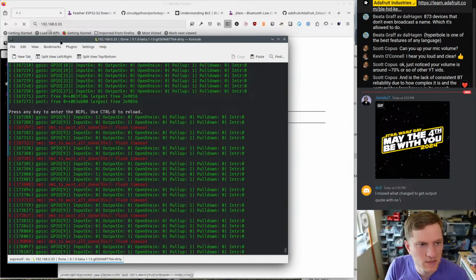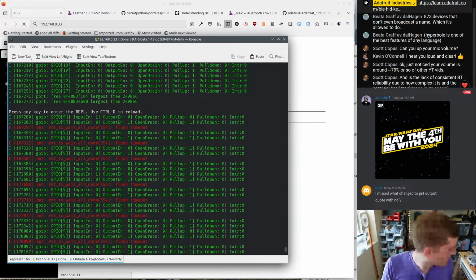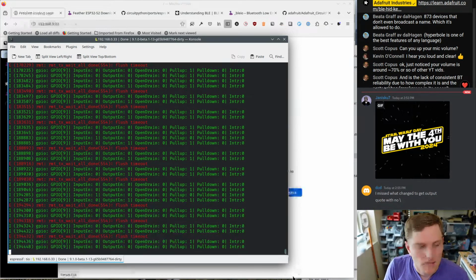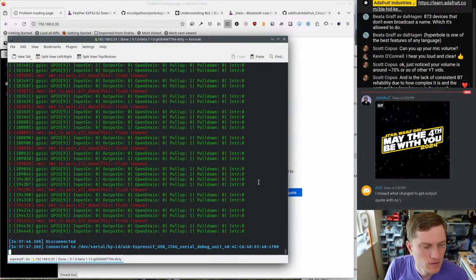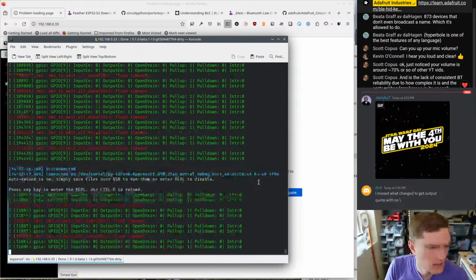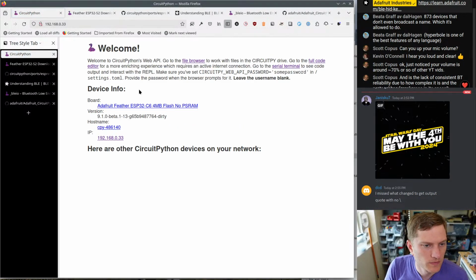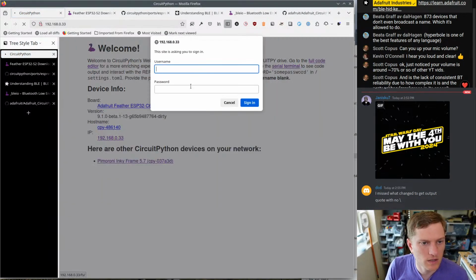So I think it auto-connected to the Wi-Fi, but it did not auto-start the web workflow server. So I'm just going to hit reset again. And it should start up. Disconnected and connected. And the server should be there now. Okay, so now I can